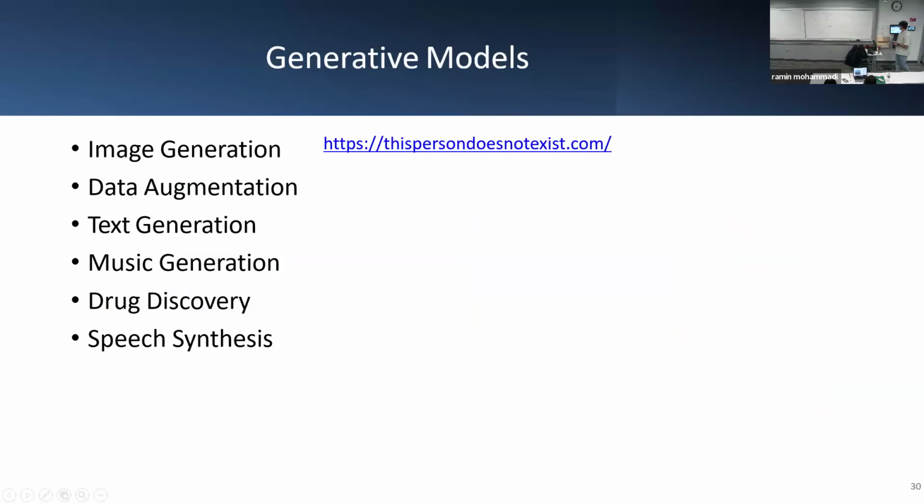Then it comes around the overall, if you think about generative models: image generation, data augmentation, text generation, music generation, drug discovery, speech synthesis. All of these have been happening these days with generative AI. Lots of cool startups coming to market every other day. They are all doing something interesting. This is a website that you should definitely look at. It's called This Person Does Not Exist. And every day,